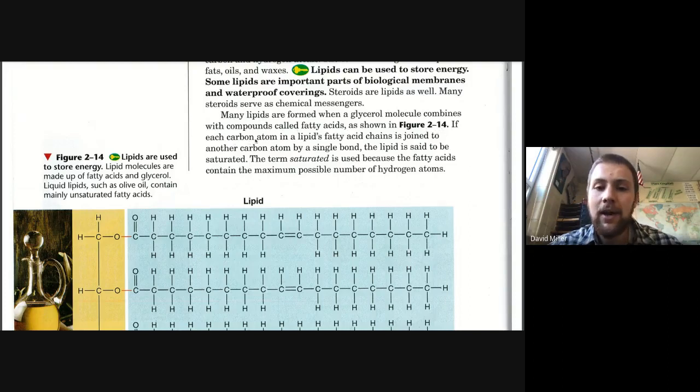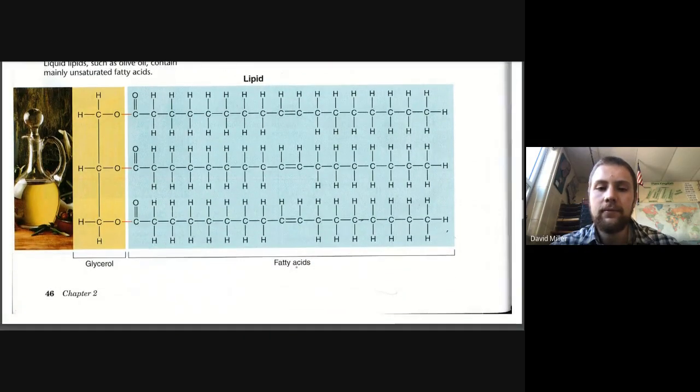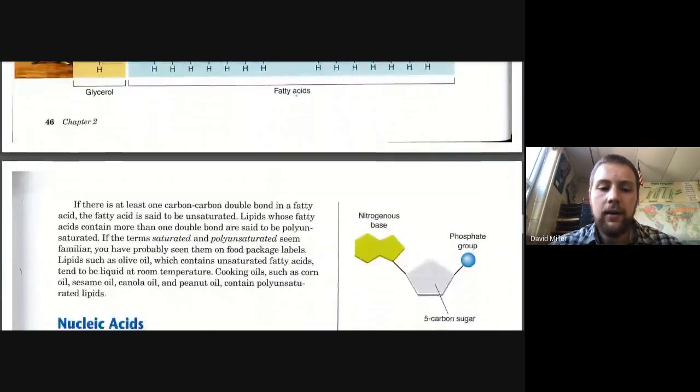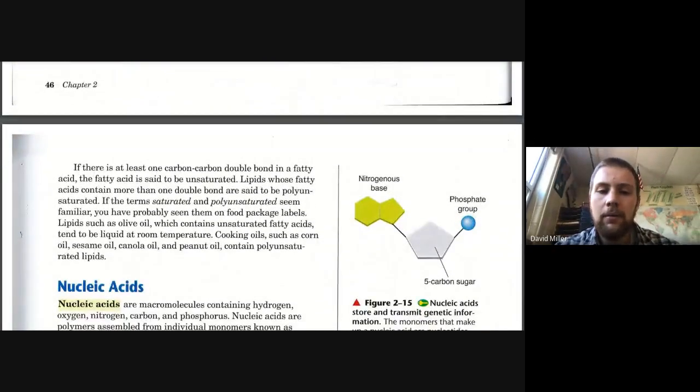If each carbon atom in a lipid's fatty acid chains is joined to another carbon atom by a single bond, the lipid is said to be saturated. The term saturated is used because the fatty acids contain the maximum possible number of hydrogen atoms. If there is at least one carbon-to-carbon double bond in a fatty acid, the fatty acid is said to be unsaturated. Lipids whose fatty acids contain more than one double bond are said to be